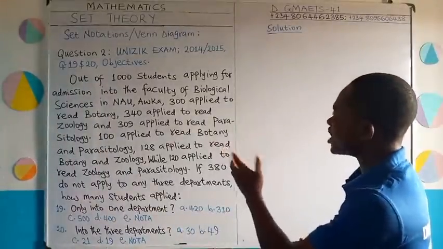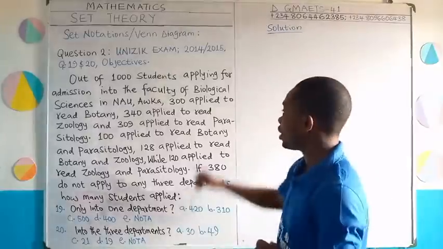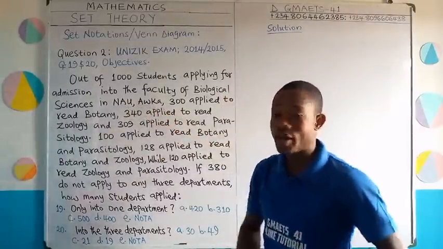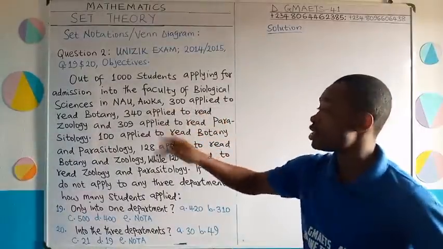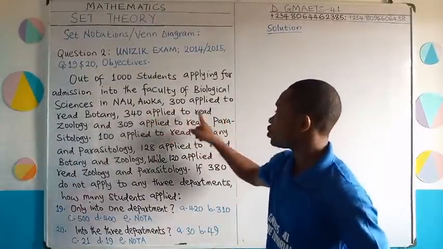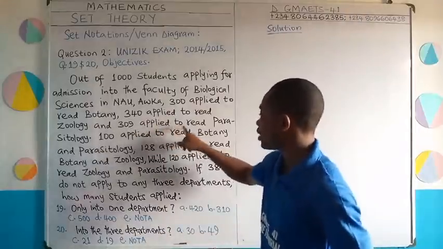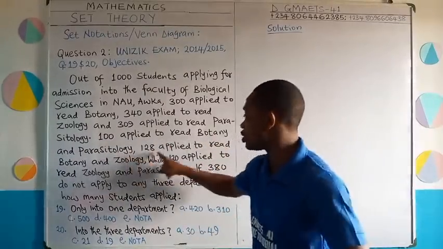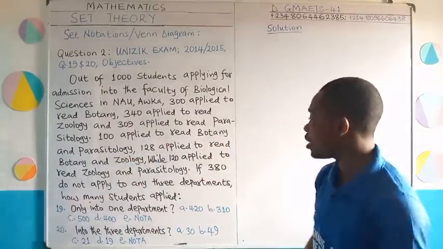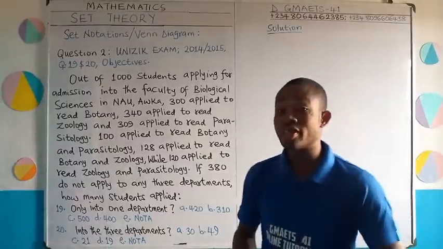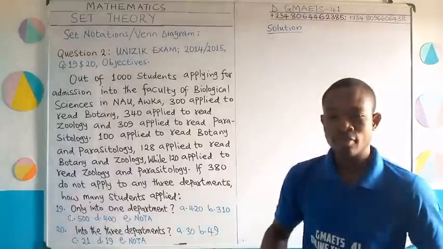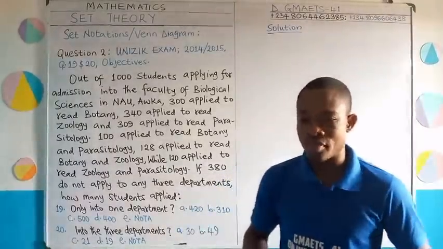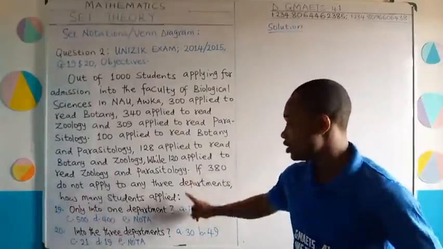Out of 1,000 students applying for admission into the Faculty of Biological Sciences in NAU, Nnamdi Azikiwe University, Awka, 300 applied to read botany, 340 applied to read zoology, and 309 applied to read parasitology. 100 applied to read botany and parasitology, 128 applied to read botany and zoology, while 120 applied to read zoology and parasitology. If 380 do not apply to any of the 3 departments, how many students applied